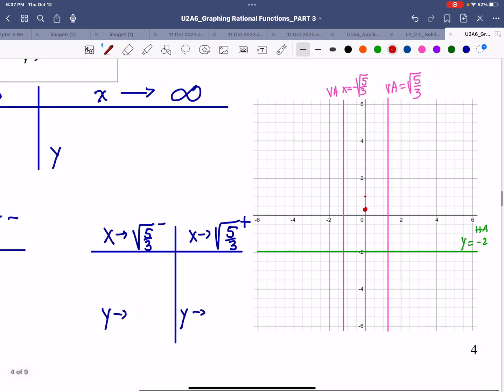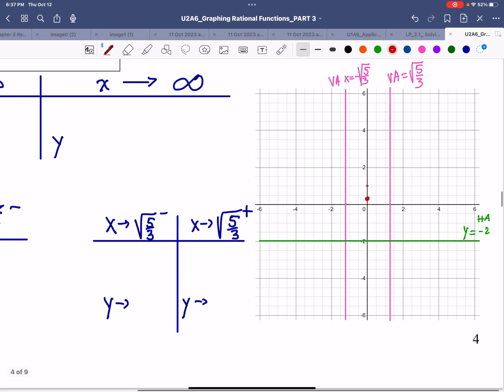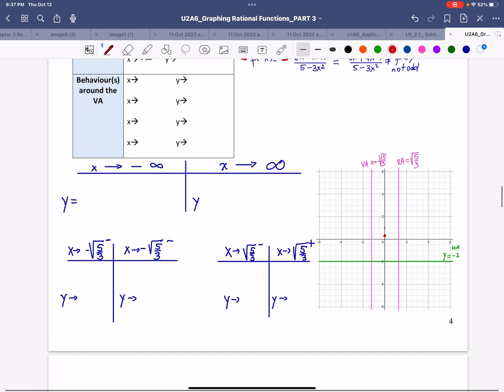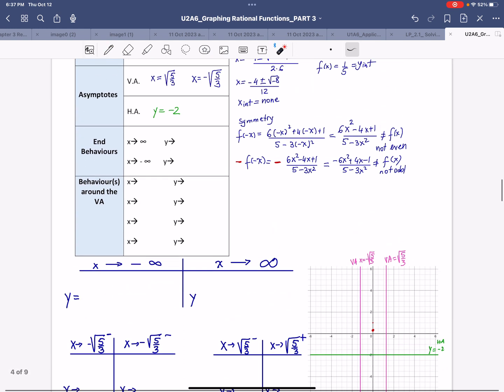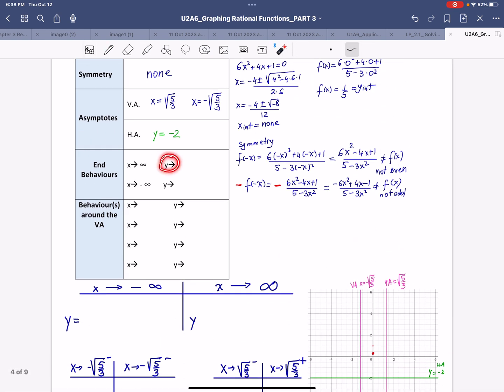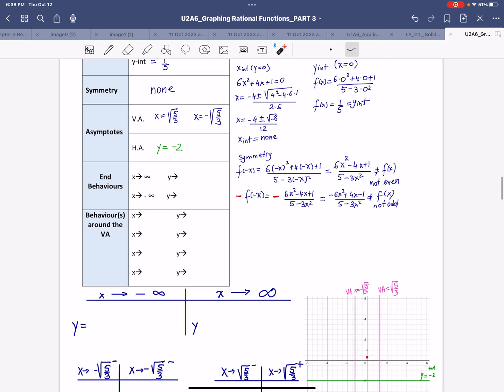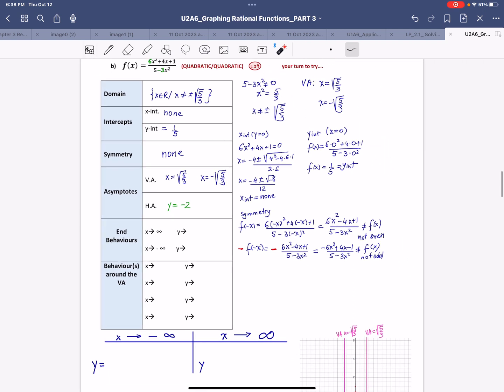At this point in the process, we have to determine the behavior of the graph. To determine the behavior of the graph means to determine the behavior of the y values at both ends of the graph, which is at positive and negative infinity. And most importantly, to determine the behavior around the vertical asymptotes on the left and right side of it. So in our case, since we have two vertical asymptotes, we'll have to write in here vertical asymptote, the first one